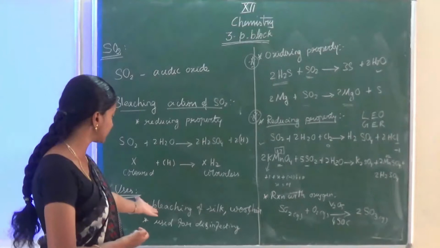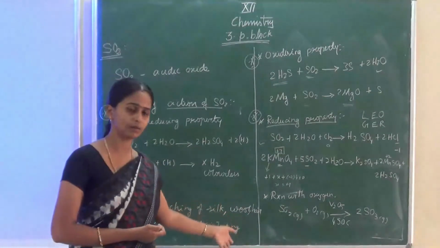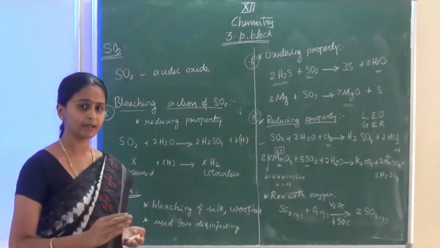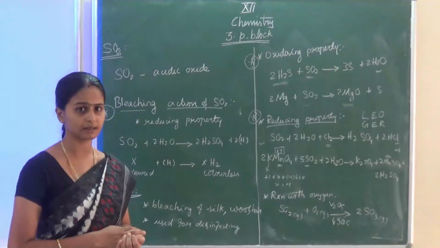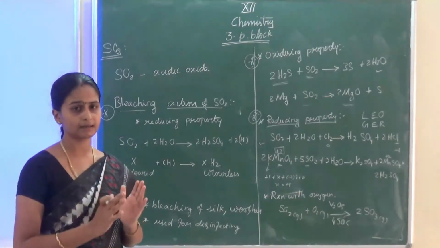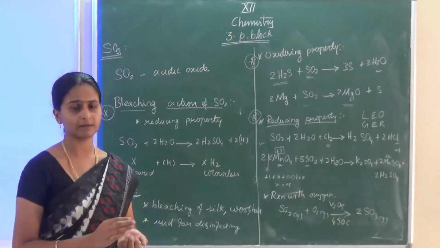Okay, use of sulfur dioxide, the main uses here is bleaching of silk, wool, and okay, just we can bleach, but it is a temporary reaction. Again, we will get the original color. Okay, so go through this sulfur dioxide again and write and see as a test. Okay, each topic once I have completed.